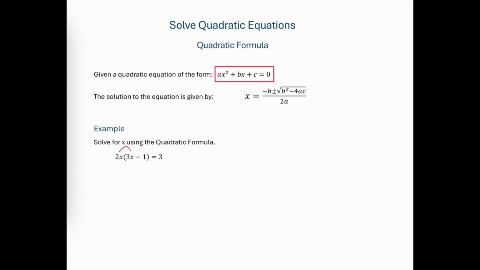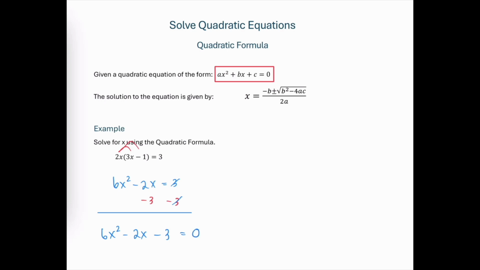So we'll start by distributing this 2x into the parenthesis to get 6x squared minus 2x, and we're still equal to 3 on the other side. Then we'll need to set it equal to 0, so we'll subtract 3 from both sides. The 3's cancel out on the right-hand side, and the negative 3 is not a like term with any of the terms that are already on the left, so we just copy-paste it down and write our terms in descending